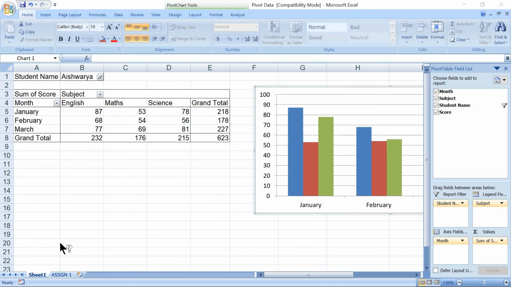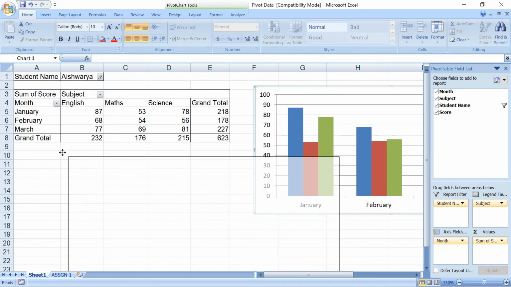Now we will see how to display the pivot table report for two different functions. Right now we can see only one function, that is sum. In the same way, I would like to see sum as well as the average, or it can be maximum, or it can be product. In that case, how can this be done? Let's go back.